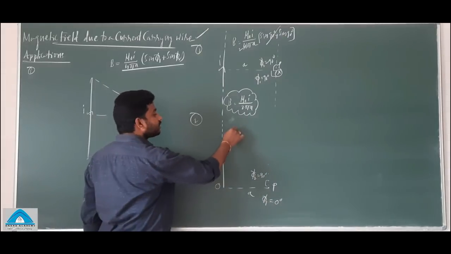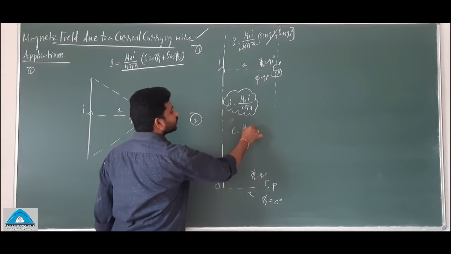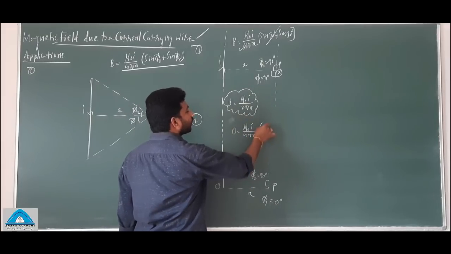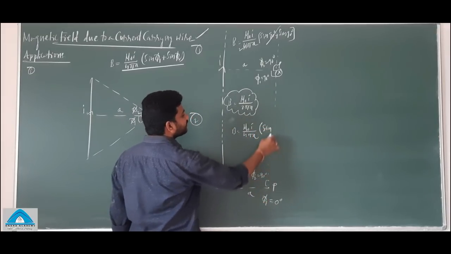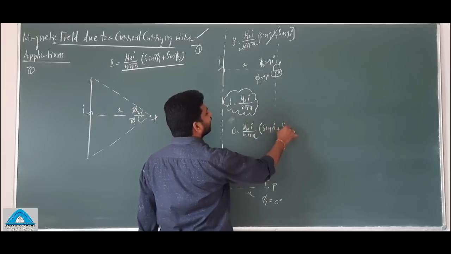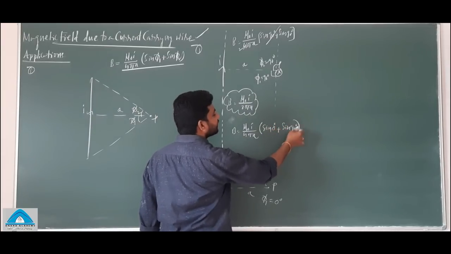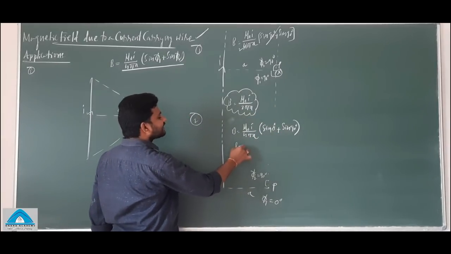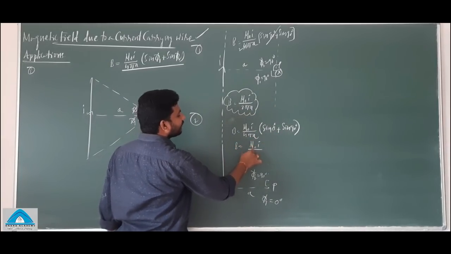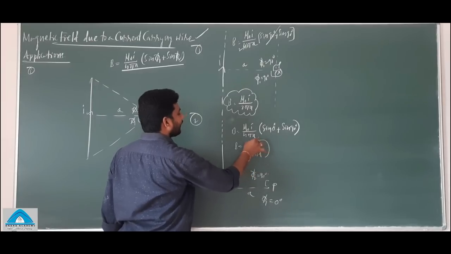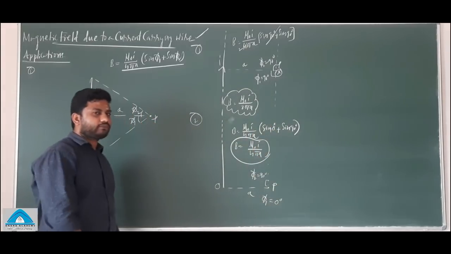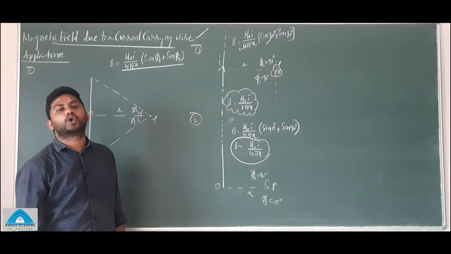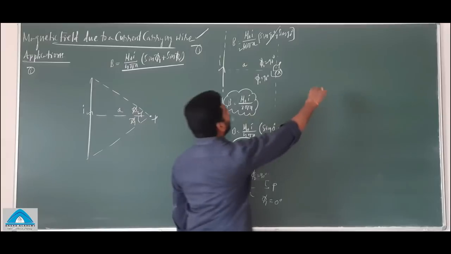In this case, B is equal to mu naught I by 4 pi a into, what is sine phi 1? Phi 1 is 0 degrees, plus what is sine phi 2? It's sine 90 degrees, it is 1, right? Sine 0 is 0, sine 90 is 1, and you get as it is mu naught I by 4 pi a. Clear? It is mu naught I by 4 pi a, not mu naught I by 2 pi a. And let's see the third application.